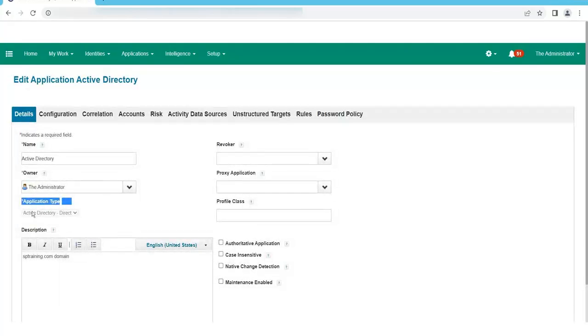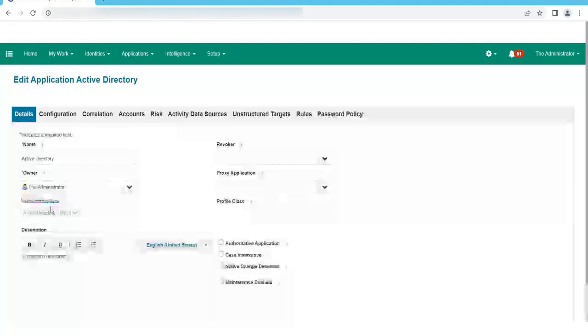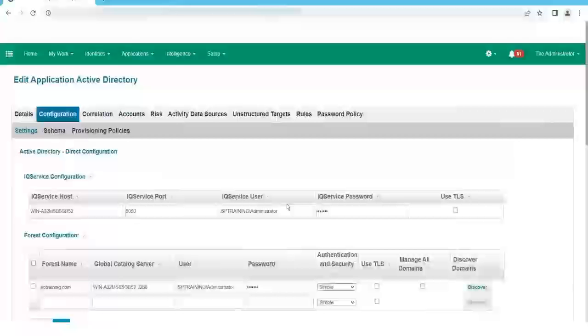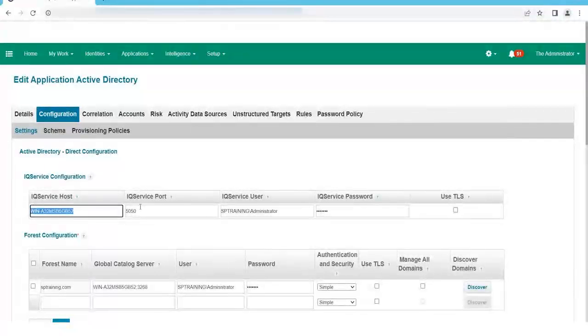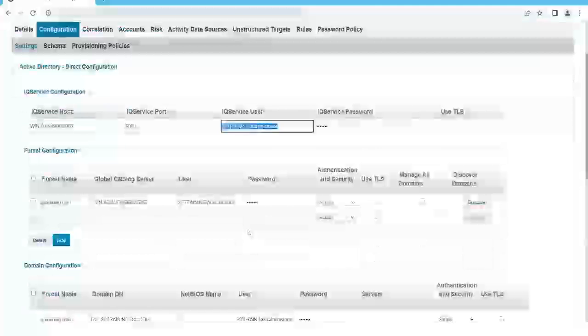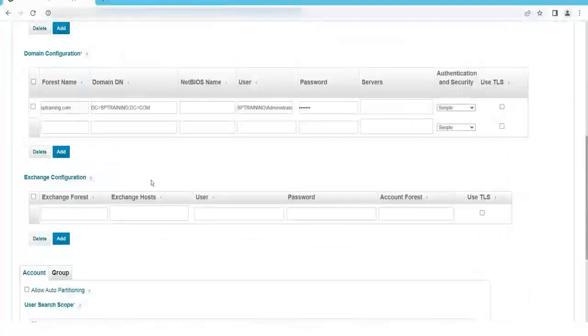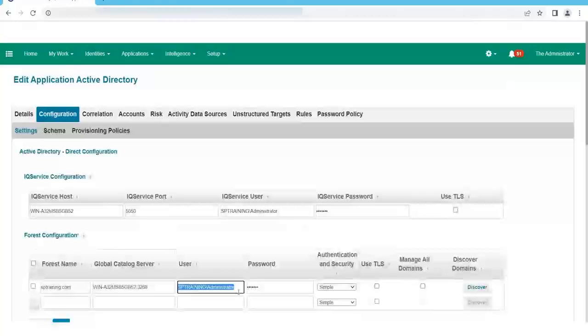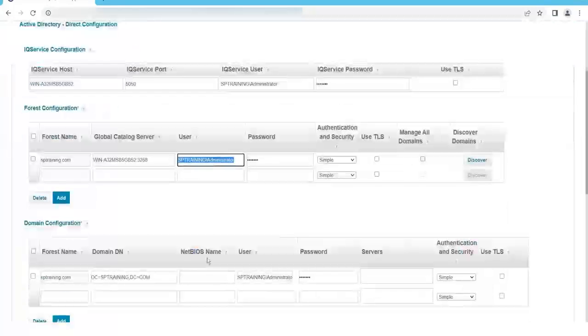Next we have the application type. This is the connector, as I said, the selection of connectors. I've chosen Active Directory here, and then you can go to the connection parameters. You see here the IQ service details: IQ service host name, administrator username, password. Those are the details I'm collecting from the application team. Who will give me this particular Active Directory administrator username and password, guys? Eventually the AD team, right? The AD application team will give me those details.